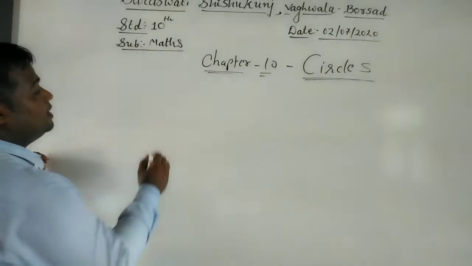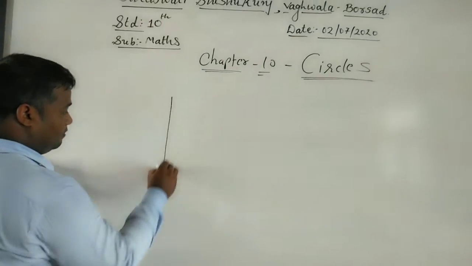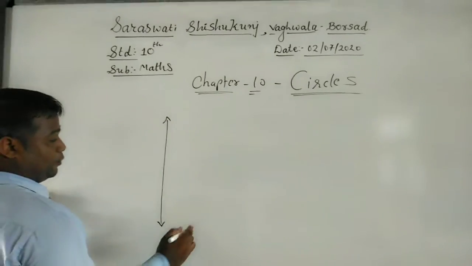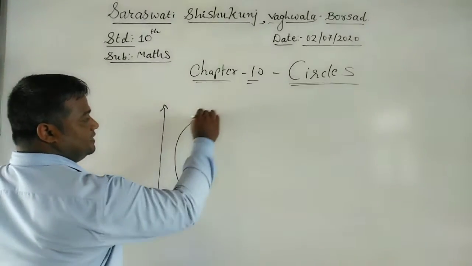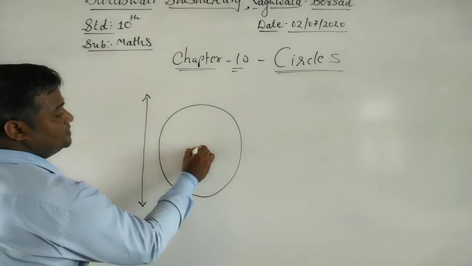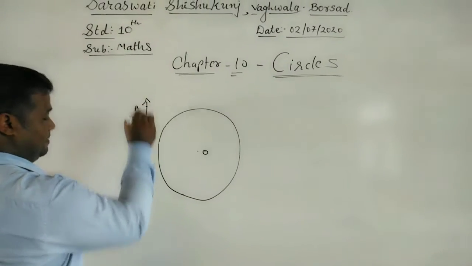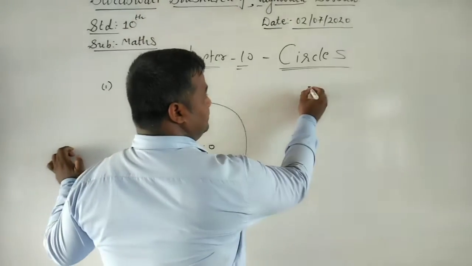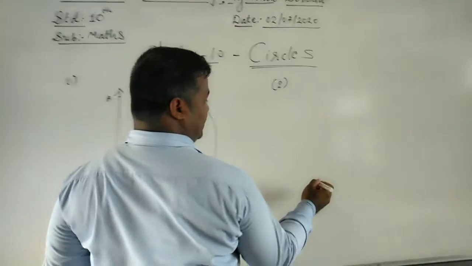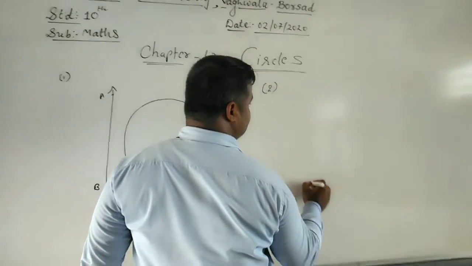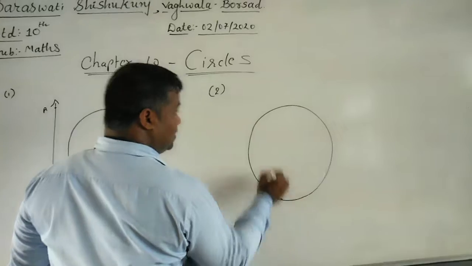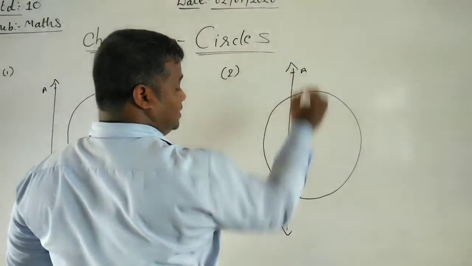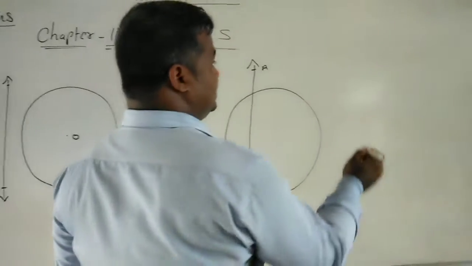Now we are going to take three different conditions. Before that, what is this? This one is a line. It does not have any end point, and this is a circle. This one is your circle with center O. This one is line AB. This is the first condition of yours. Second condition. In the second condition, what happened? First, I am going to draw the circle for you. The line which passes through it, A, B. And the third condition is of yours.